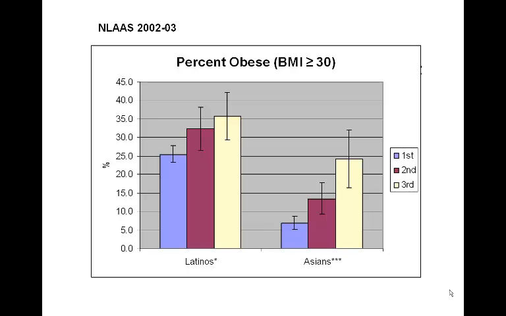Here you're looking at the percent obese among Latinos and Asians in the National Latino and Asian American Health Survey in 2002 and 2003. And here these bars represent the different generations of these immigrant groups. The first generation are the foreign-born. The second generation are U.S.-born but have at least one foreign-born parent. And the third generation are those who are U.S.-born and have U.S.-born parents. And you can see that there's a pretty stepwise relationship with increased levels of obesity with the longer generation, the higher generation, both among Latinos and among Asians,